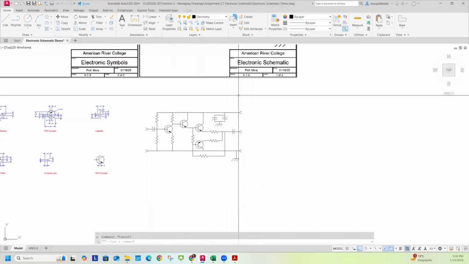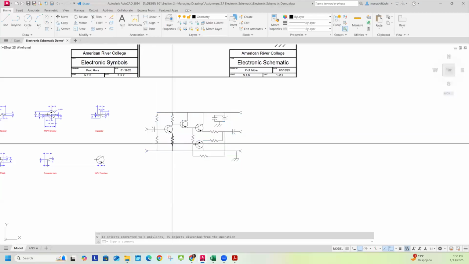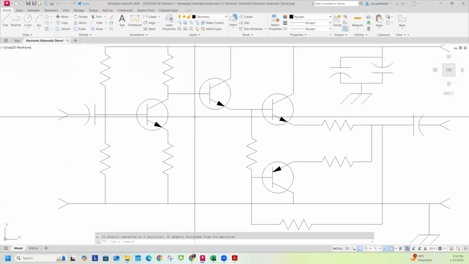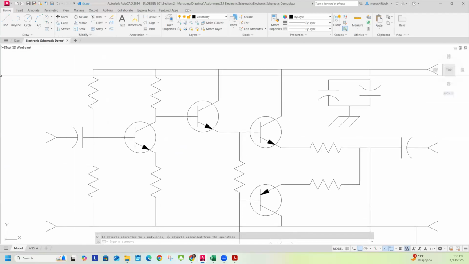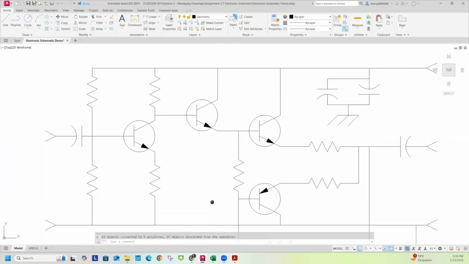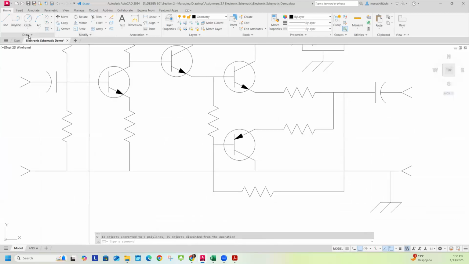All right, so that looks good. I'm going to grab this, I'm going to join, and then I'm not quite done. I need to create those little nodes. And then like a half circle type thing right over here. So I can just take a circle and create it that way. I can also do this